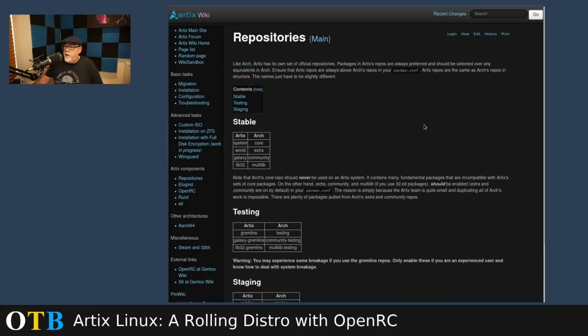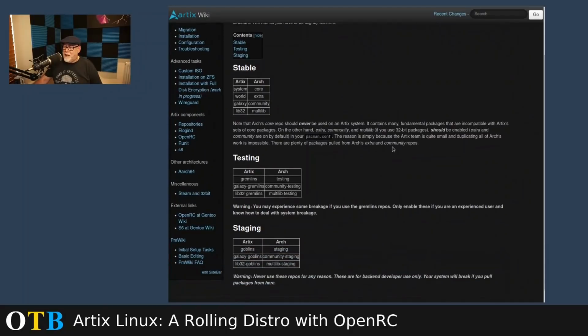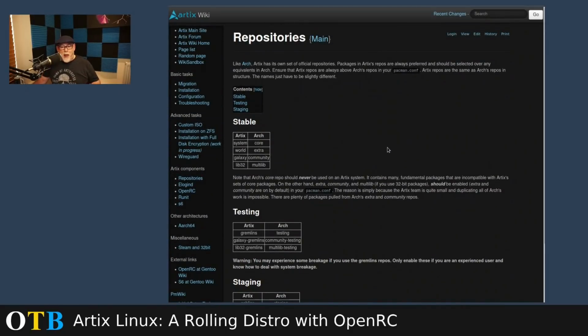And you have, rather than core, extra, community, and multilib, system, world, galaxy, and lib32. But it still uses Pacman, just as Arch does. And you can use the AUR, you can install Yay, you can pretty much, from what I've found, install the